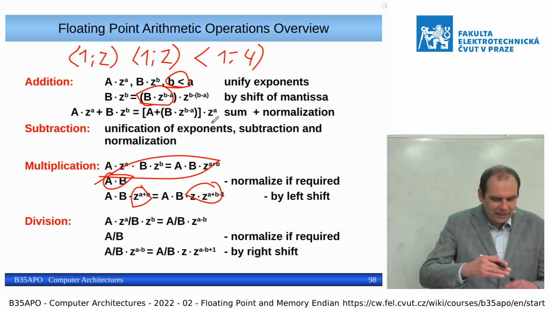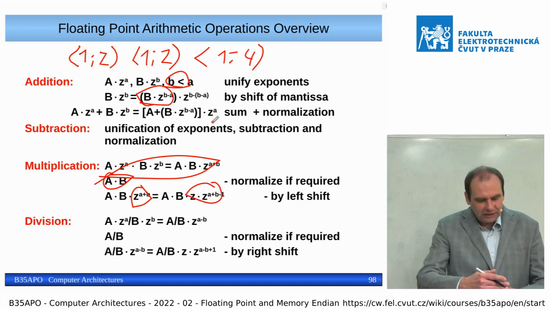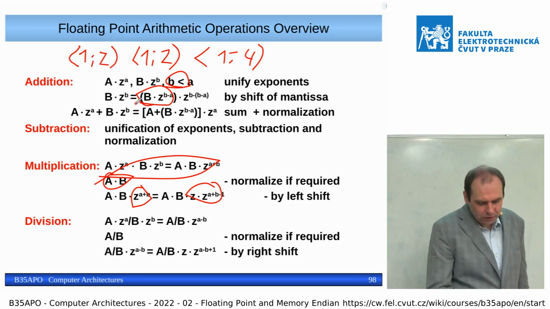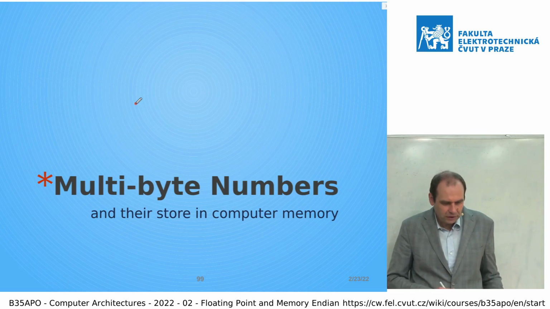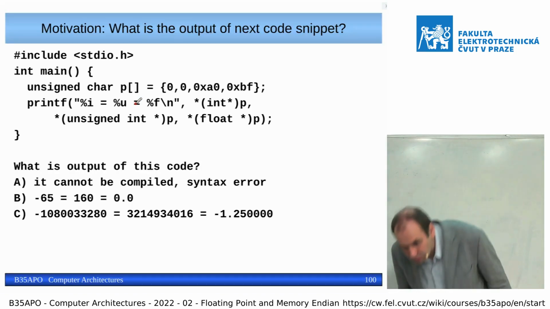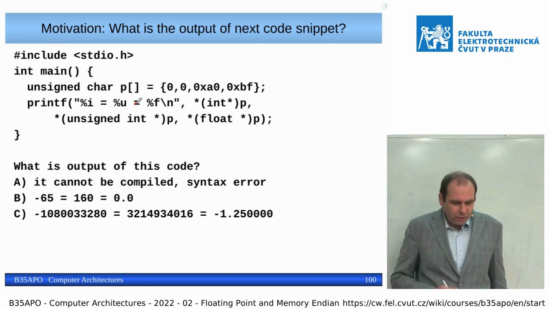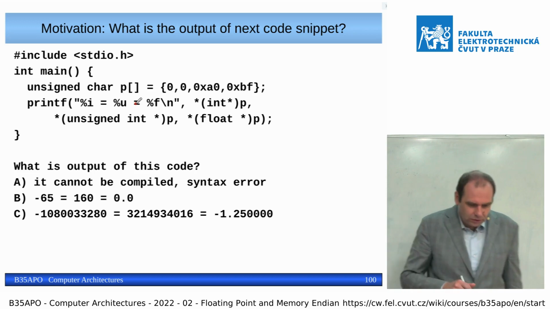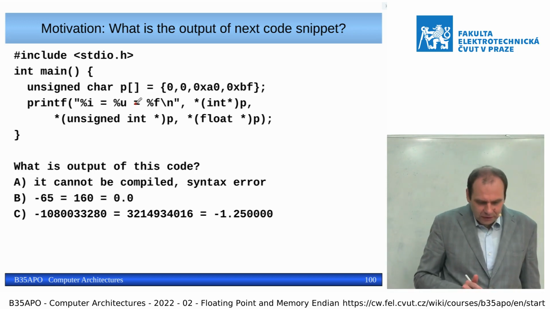If at the end it is subtraction because they have different sign, then in this case we can get to the trouble that we need to adjust it even more by the shift. Okay, so I think that we should stop. We have 18. We look at storing the values into the memory, and then we continue with the seminar